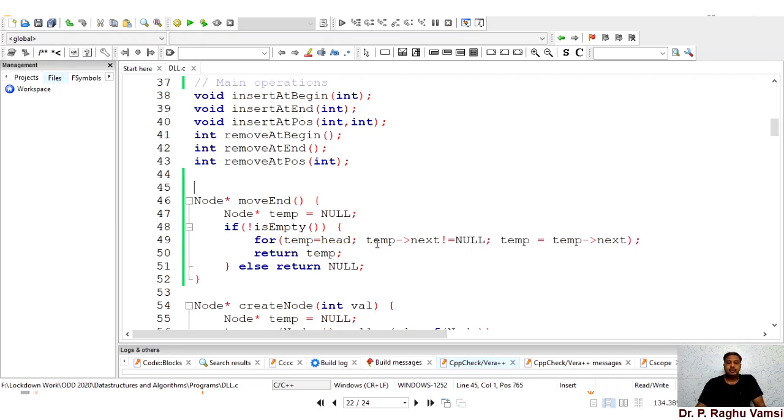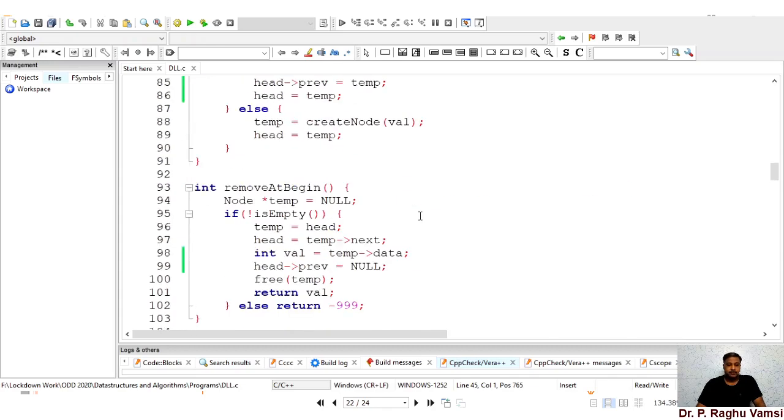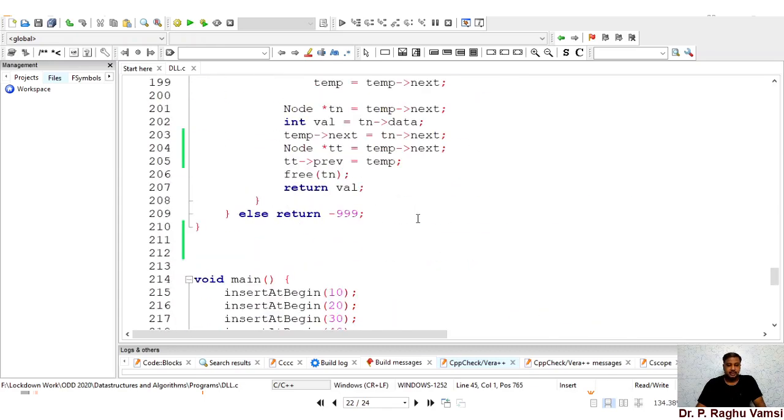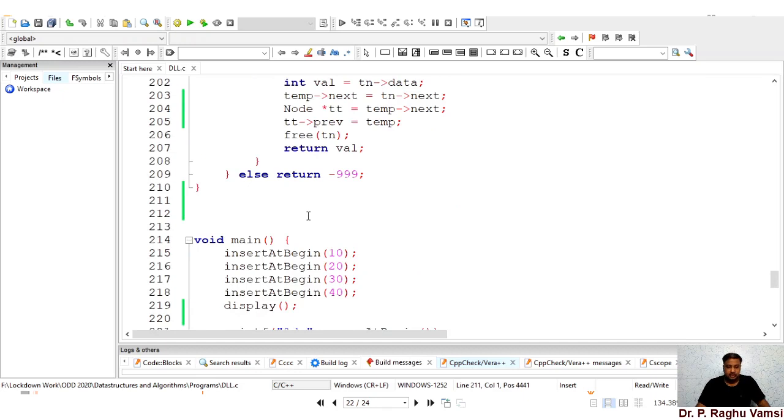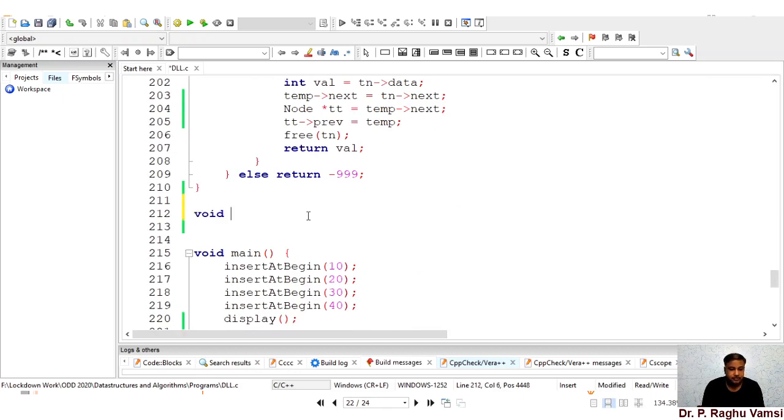Thereby the list will traverse till the last node. That means until the last node's next is equal to null, it will move, then it will stop. Then it is easy for us to write the reversing of the list, that is, printing of the reverse list.